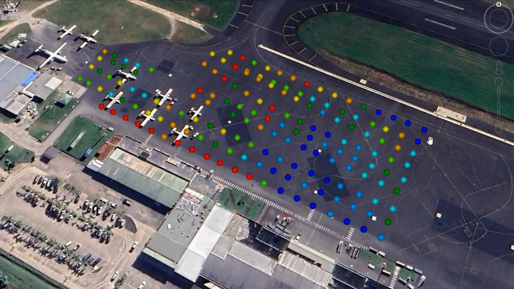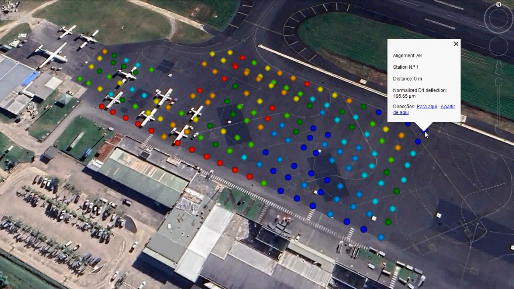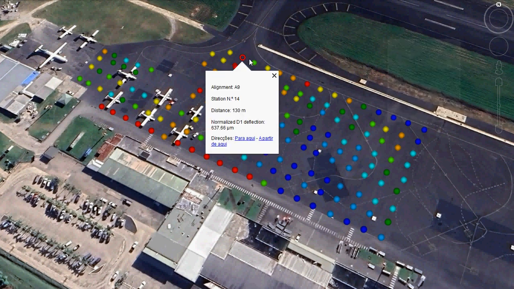If in the same alignment I select one of the stations that is in the opposite direction, I'm going to see that I've selected station number 1 of alignment A9 at a distance of 0 meters, and that the normalized D1 deflection is now approximately 196 microns. So it's deflecting much less than this particular station here,